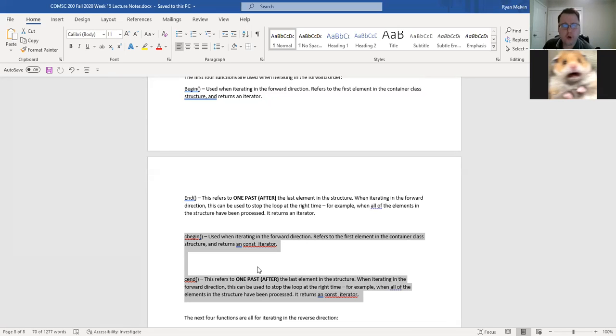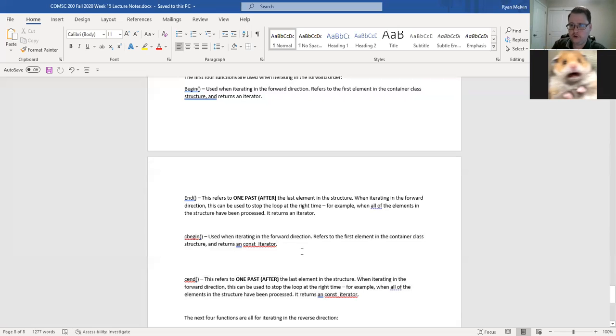So that's kind of the whole point of these container classes: it generalizes all of these major types of operations across the different container classes. So we'll look at a code example where we're going to have different functions for printing out the contents of a list, for example, or the contents of a vector, but the code is basically the same in terms of what actually happens. And we'll even see that in terms of moving up the iterator,